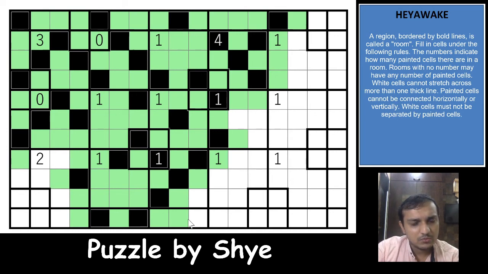And now the bottom left will have to have something very fishy, I think. Okay, there's an easy one, easy logic guys, that's a really good one. One of these two cells will have to be shaded, right? Both cannot be unshaded because the thick border rule will contradict. The white cell stretches still across more than one thick border. So one of these two cells will be shaded. Second cell is already shaded, so all the other cells will have to be unshaded. That shades this cell.